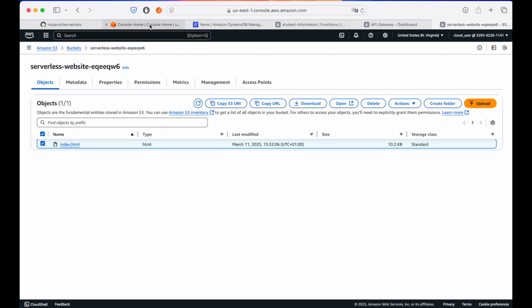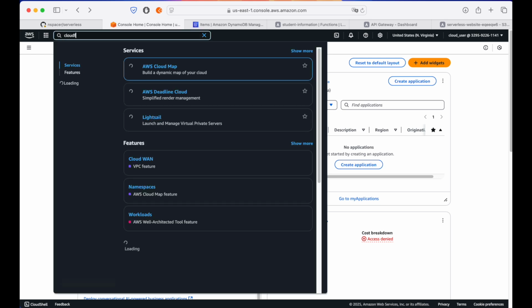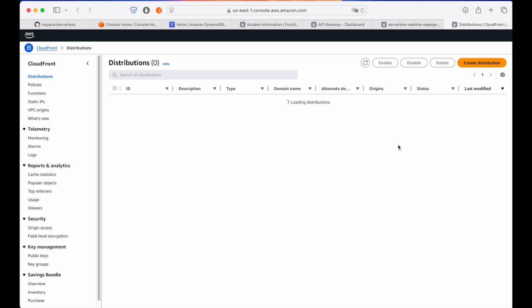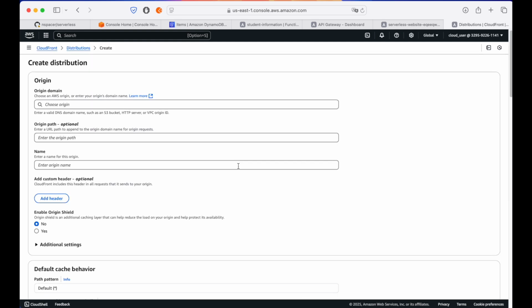What we need to do again is go back here and select CloudFront, because our request will be served from CloudFront distribution. So we have to have a CloudFront distribution configured. So I will select create a CloudFront distribution, and that will be the front end from where our requests will be served. Now, very important. If you don't have any idea about how CloudFront works, please get an idea, or